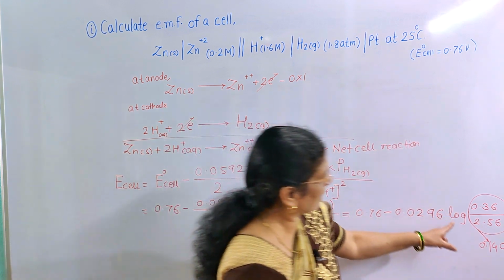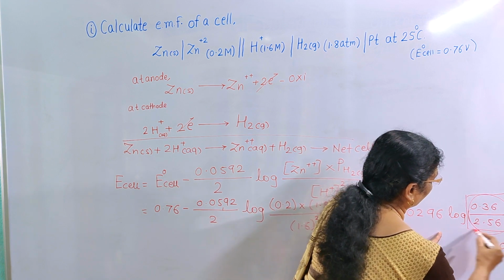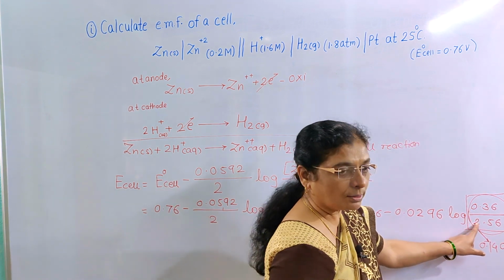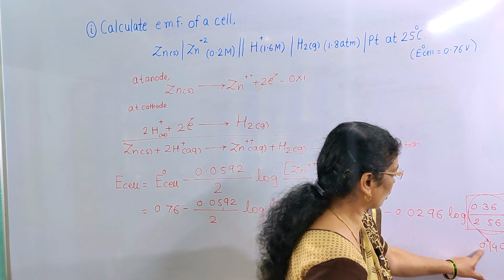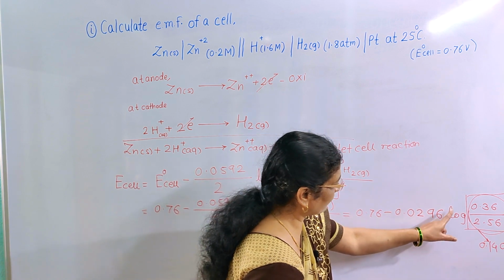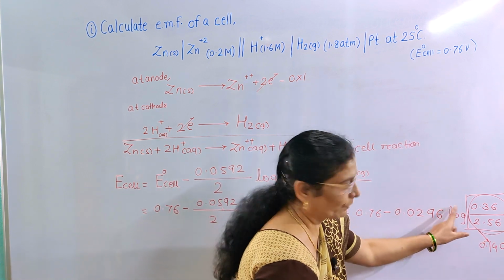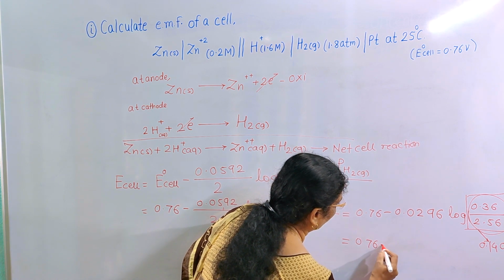So first you calculate only the value of 0.36 upon 2.56, which is equal to 0.1406. Now in this expression we have to take the log of this value, so the expression will become 0.76 minus